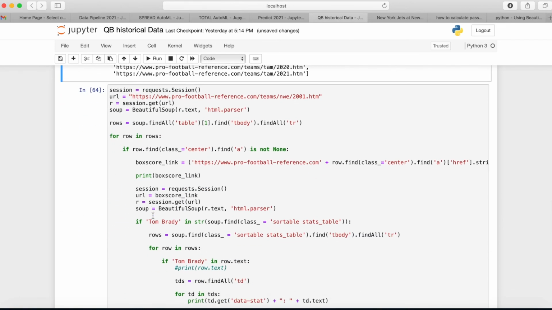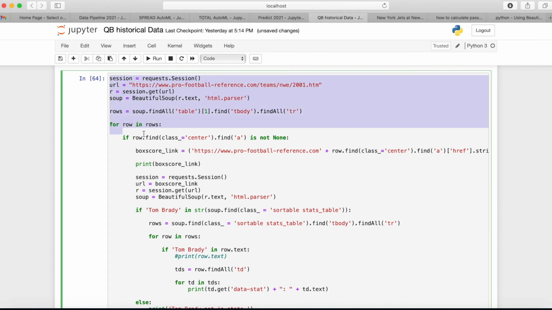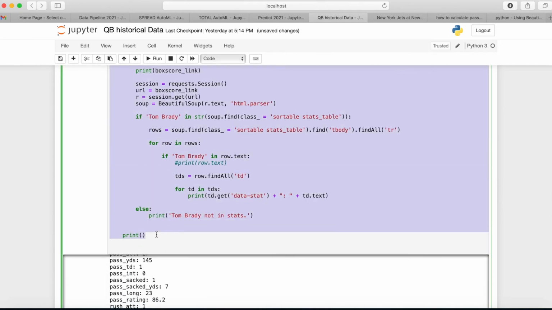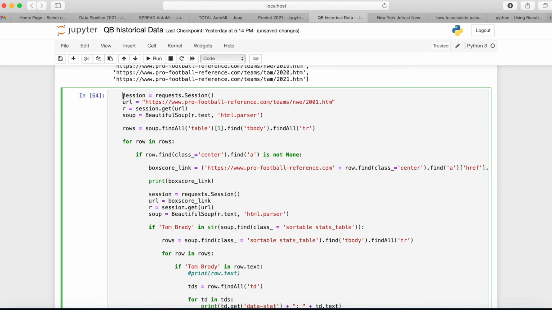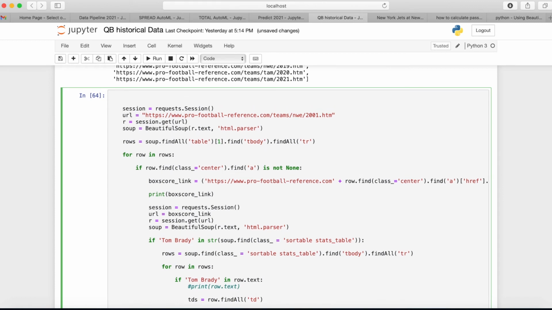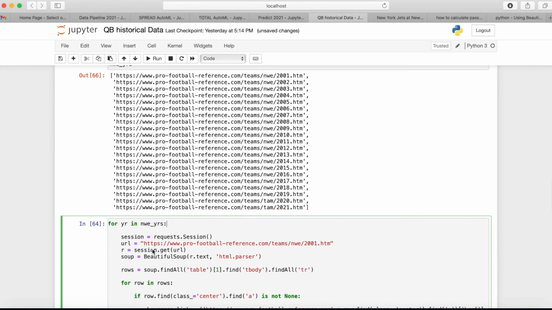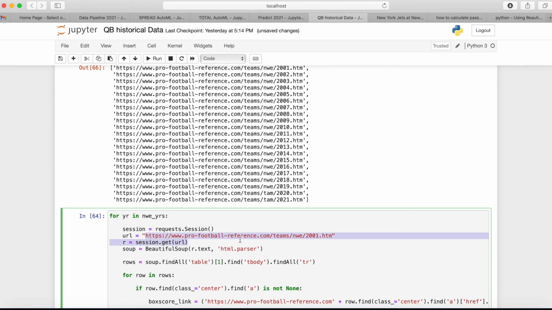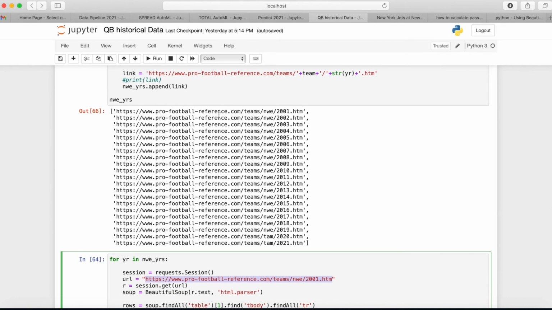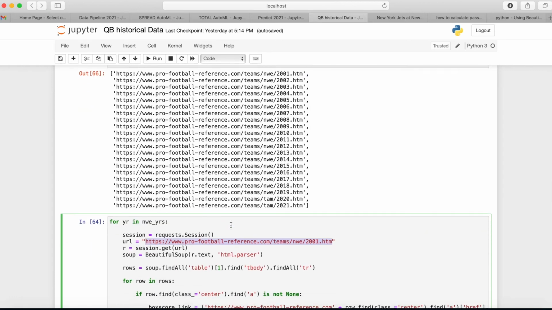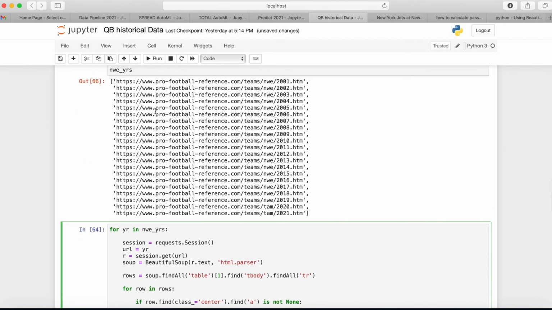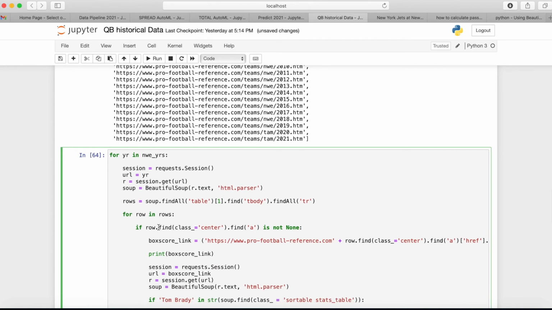So now what I can do is take all of this, tab it over once, and we will drop this down. And I want to say for, we'll just call it year, for year in NWE years. So now instead of looking at just 2001, we're also going to be looking at every single year that Tom Brady played, right? So it's going to go through each of these links, replace that URL,